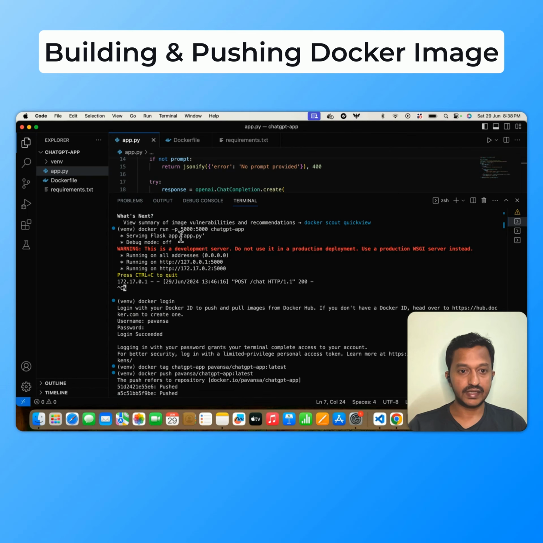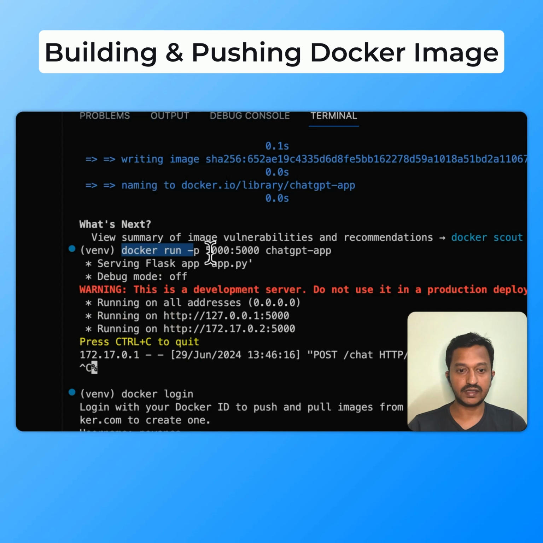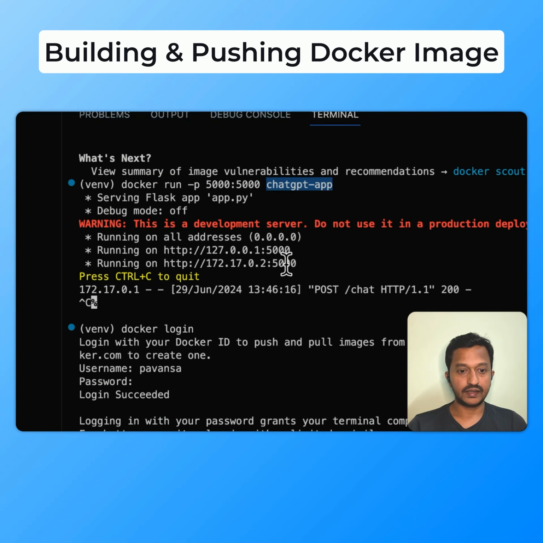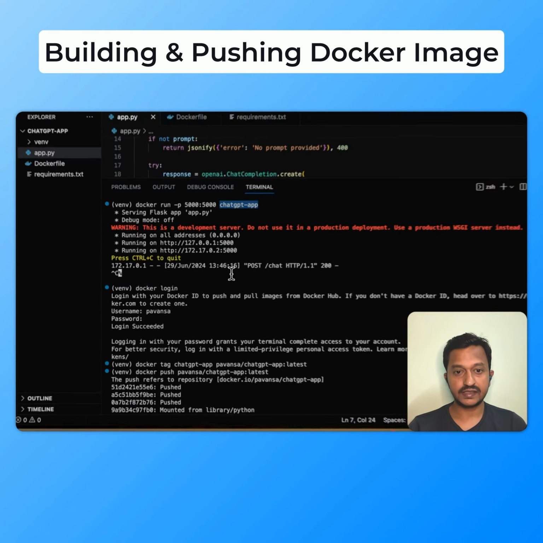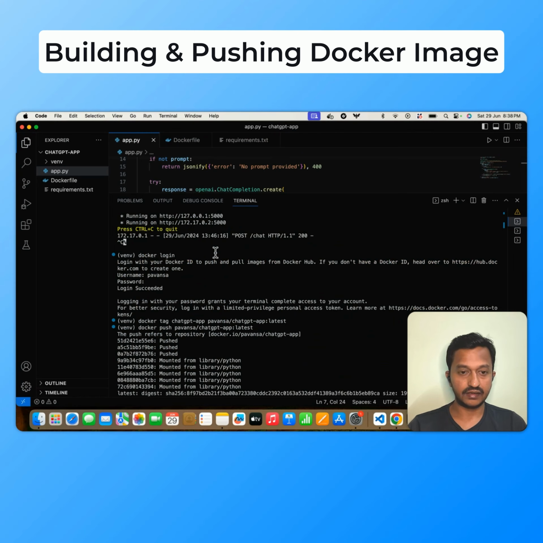The next thing is to run the container, that is docker run -p, with port 5000, and this is my application name, ChatGPT app. Next, we built the application, we ran the container, and then the next thing is to push it